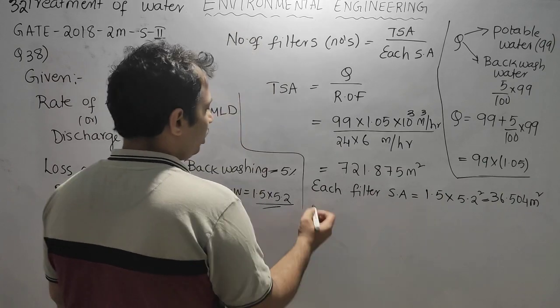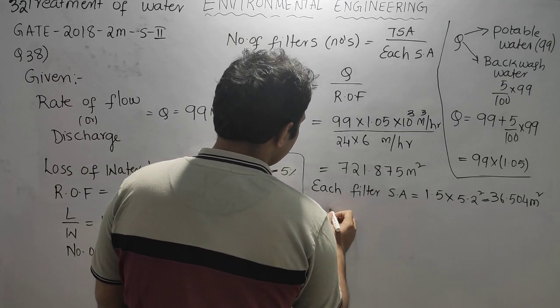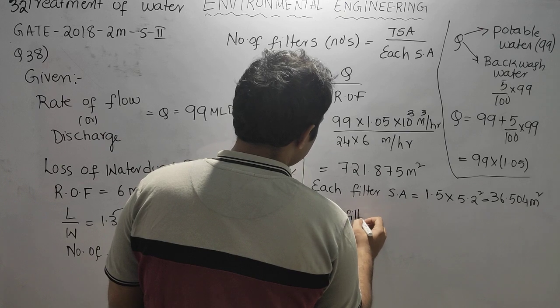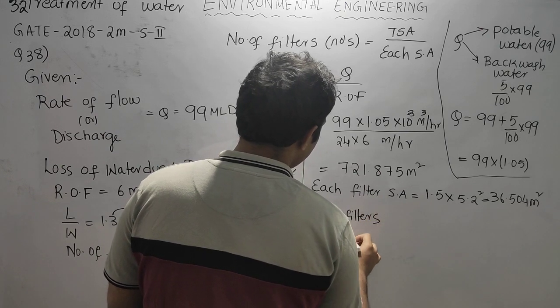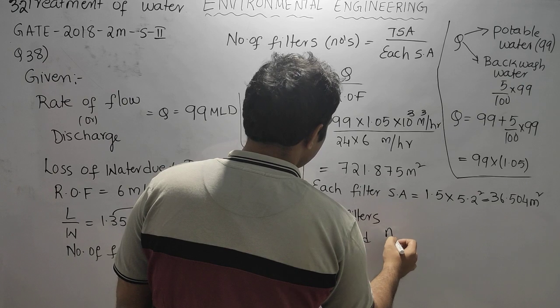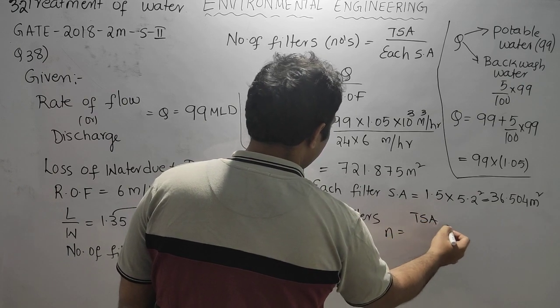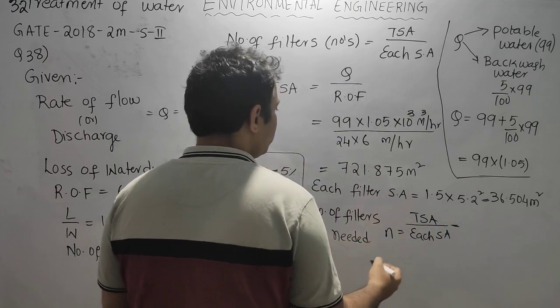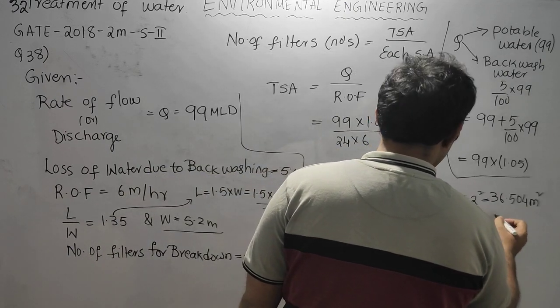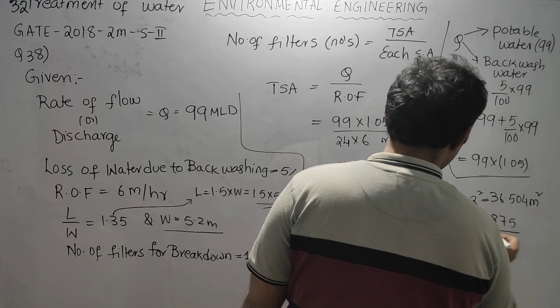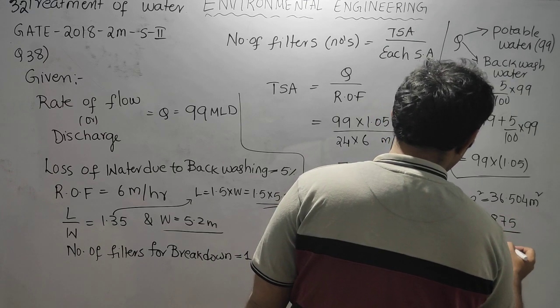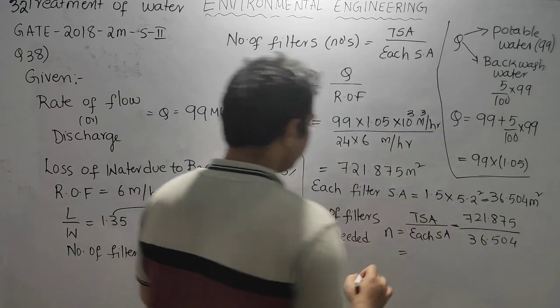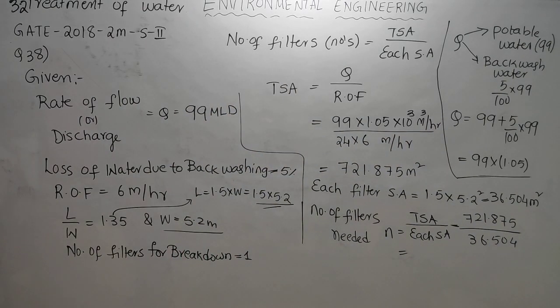Then the number of filters needed is total surface area by each surface area, that is 721.875 by 36.504. Then how much will it come? The number of filters n is equal to, we will get it as